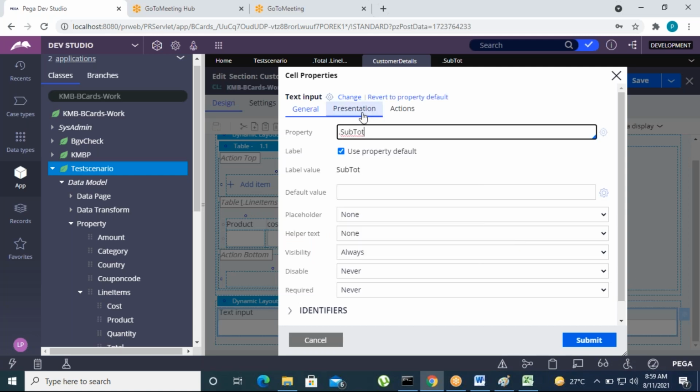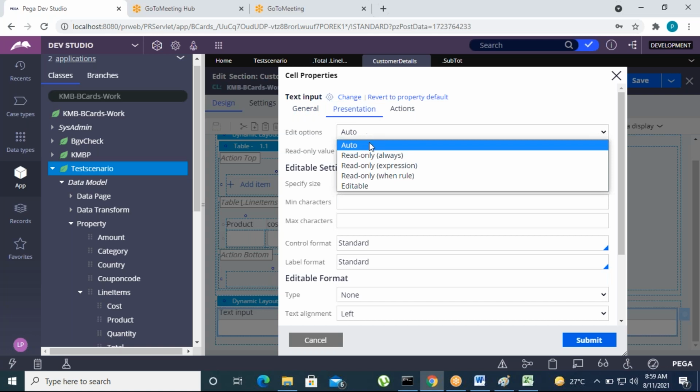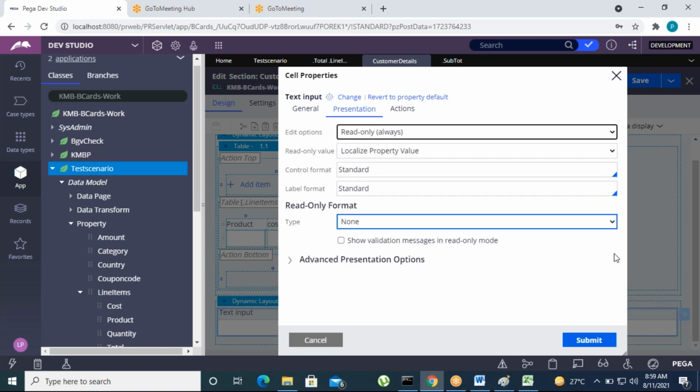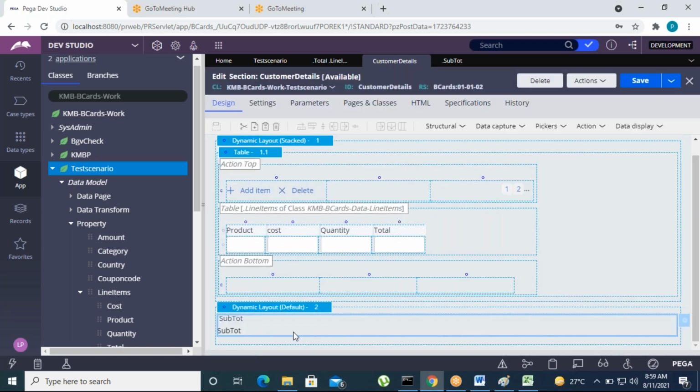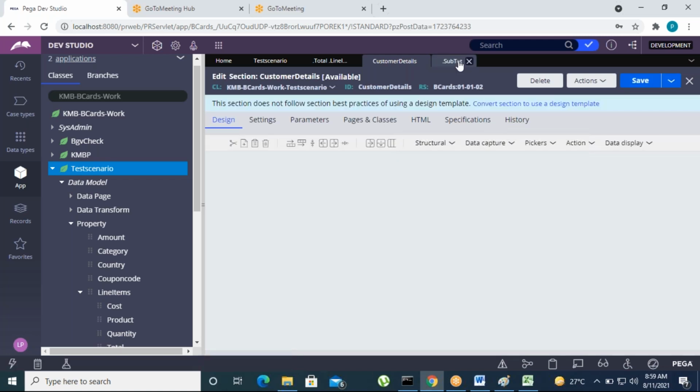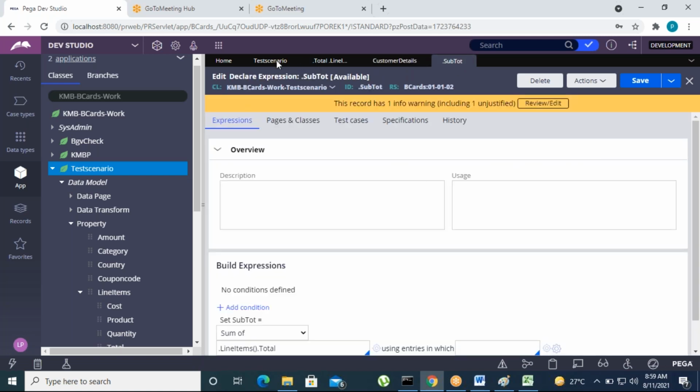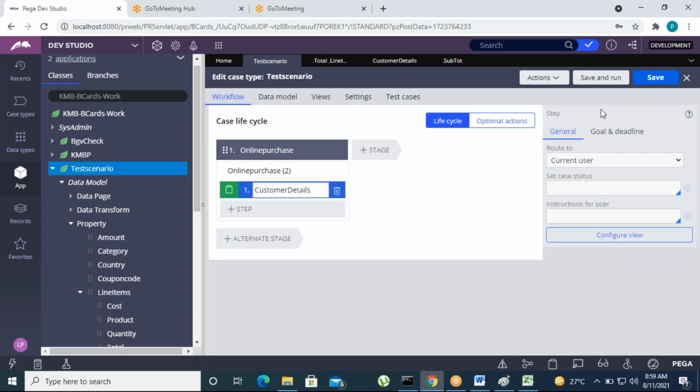This subtotal is read only, correct? Not editable. So the user can't edit this. And click on submit. It's only for read only and click on save. Fine. Now we'll go for the case and save and run the case.